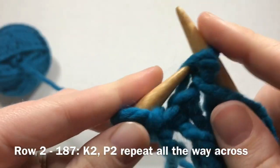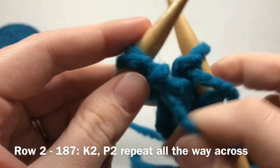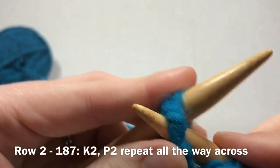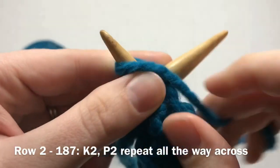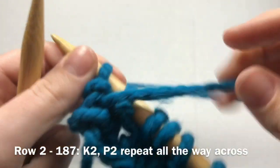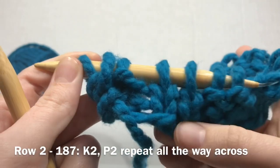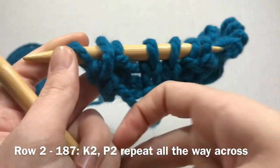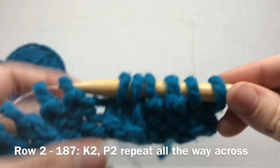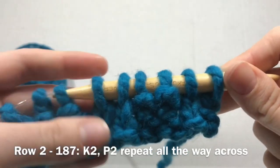And then one little thing I want to mention, remember we attached both the tail and the loop, so that looks like 2, but it's actually 1. So we're just going to go underneath both of those, and we're going to purl that last stitch and kind of pull that little guy tight. Okay, so we've got 2 rows now, so you can kind of see 2 rows of humps and then the 2 loops. And so it's essentially the same thing all the way down for a total of 187 rows,